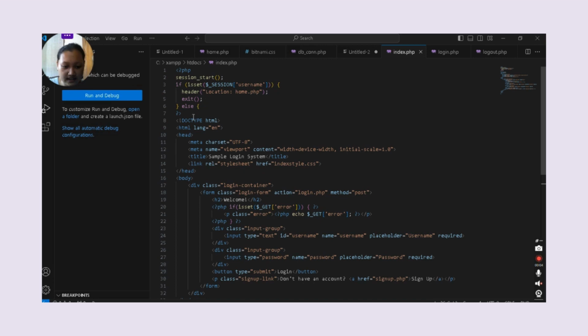The else statement: if the user is not logged in, the code within this block, the HTML form, will be executed and displayed. The doc